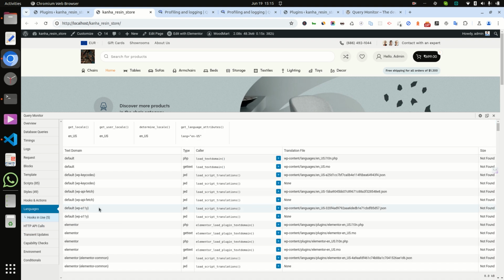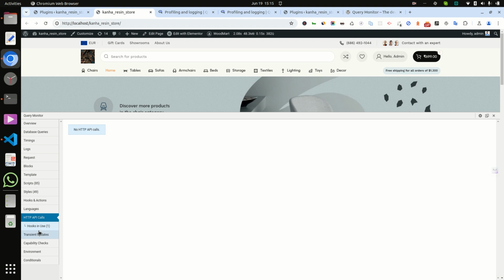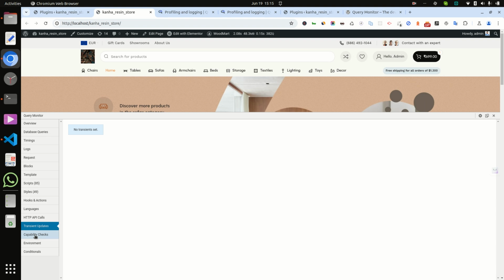And language: currently I am using English, and if there is another language, then it will show here. And HTTP API calls are all here. Transients, update, and capability check also: if I enable QM enable caps panel true, then it will show the check here,